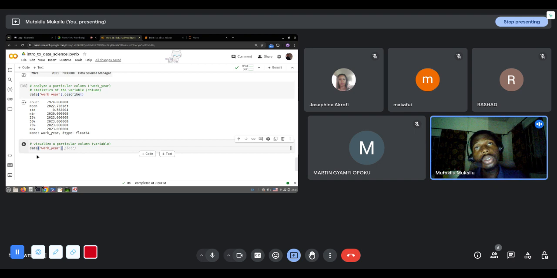So we want to visualize one of the, when you have years in your data set, one of the ways to actually visualize it is to use what we call a histogram. Histogram actually shows the distribution of a data set, or the distribution of a particular variable. To plot a histogram in Python, one of the ways is, when you call a particular column or variable, you do dot hist, short form of histogram. Then you end it with open and close parentheses. Now when we run, we should see